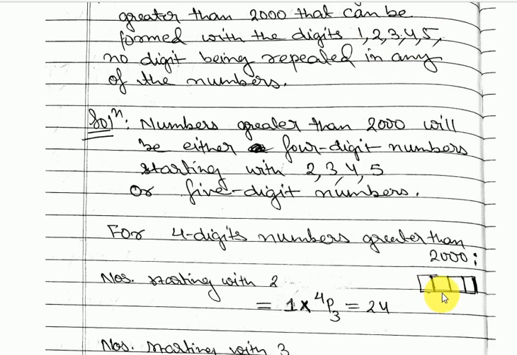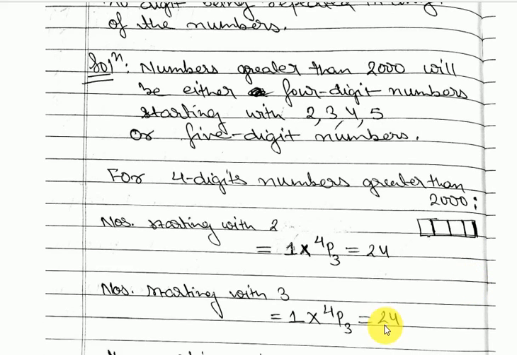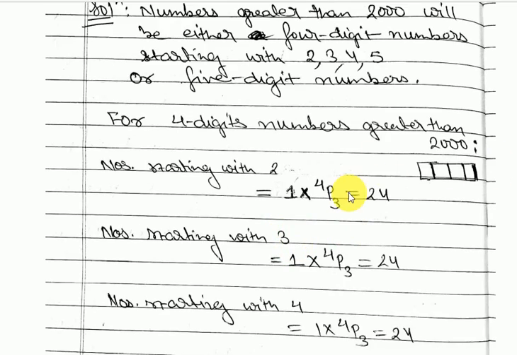That means only 4 options are there for the thousands place. And for the hundreds place, how many options do we have left? Once 1 out of these 4 is used over here, we are left with only 4 options. So here we have got 4 options, here 4 options, here 3, and here 2 options. Okay, but here I have done it differently. I have taken all separate cases.